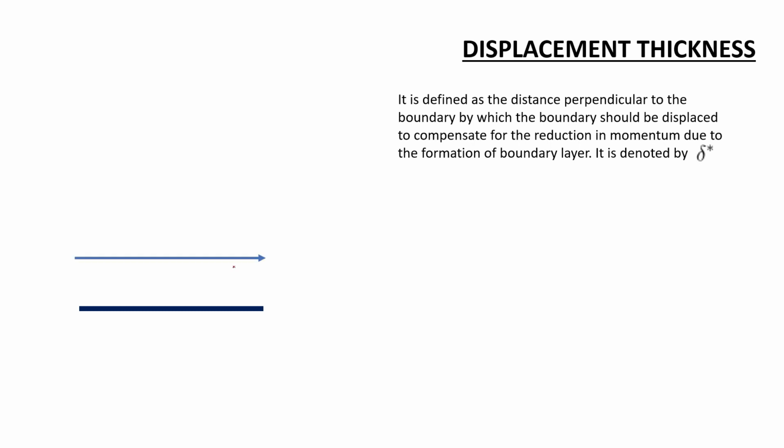Let us take a flat plate above which there is a fluid flow. So you can see the streamline here, and let the height of this streamline from the boundary be delta. Between this streamline and the boundary there is a fluid flow. So this fluid flow will be like this, and the flow rate through this section 1 is